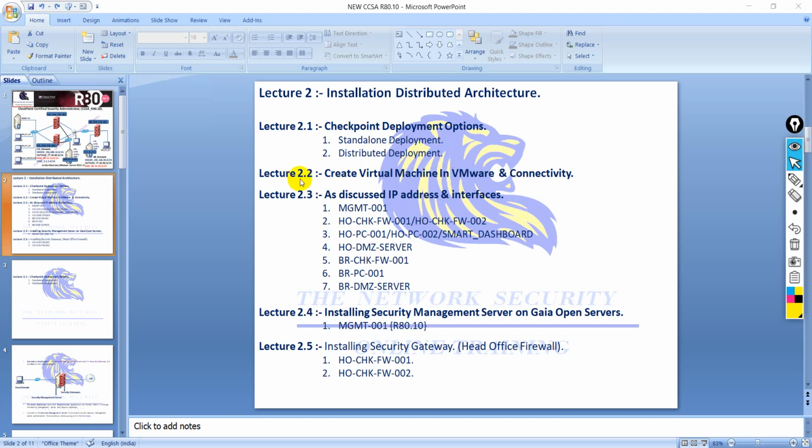And the second, 2.2, is creating a virtual machine in VMware and connectivity. How to create the hardware in VMware and how to establish connectivity between the firewall, your smart dashboard management server and your LAN PC. So we can discuss connectivity here, and then lecture number 2.3 discusses IP addresses and